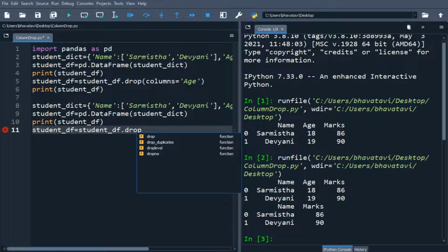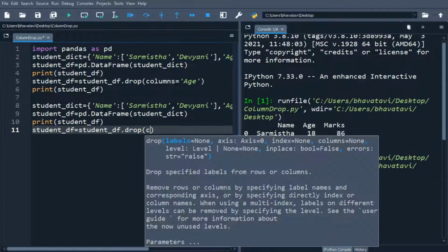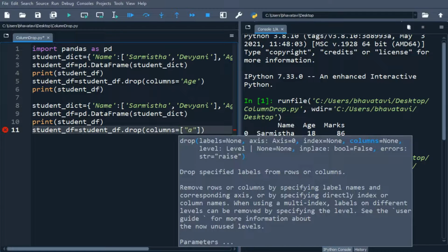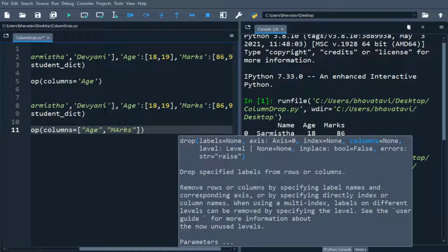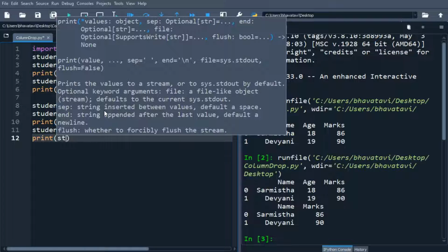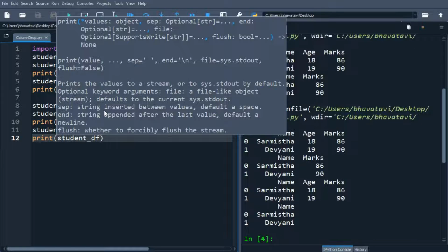Okay, and then I'll be putting columns equals, let's say age and marks. Okay, so I'll be removing here two columns. Let's print the student_df. So you can see here only the name column has been left.